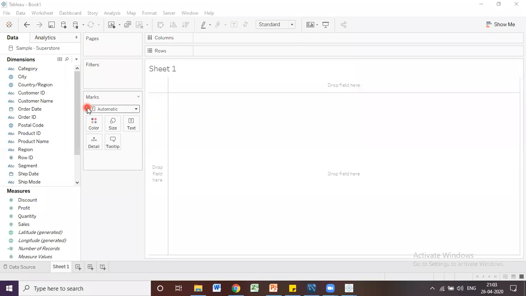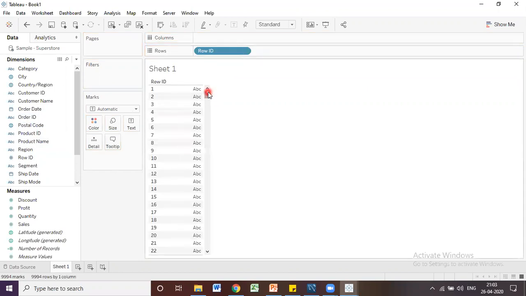I am going to drag order ID, product ID, row ID. I think row ID is a number. You might have a doubt about why Tableau treated this one as a dimension, right? As per Tableau, it is treating it as a non-aggregative value, meaning if you do a sum or average or whatever aggregation, you will not get any meaningful information, right?